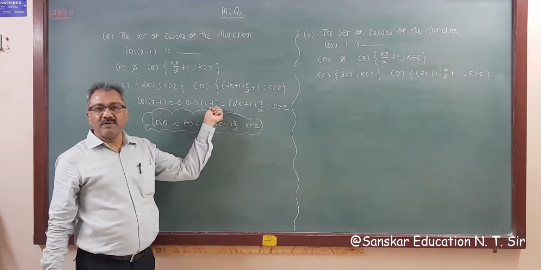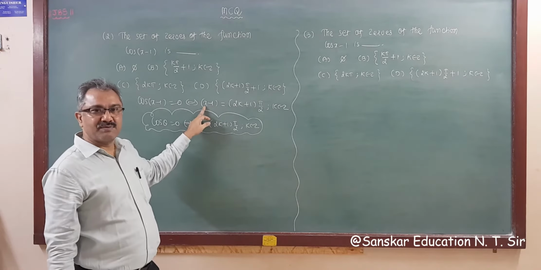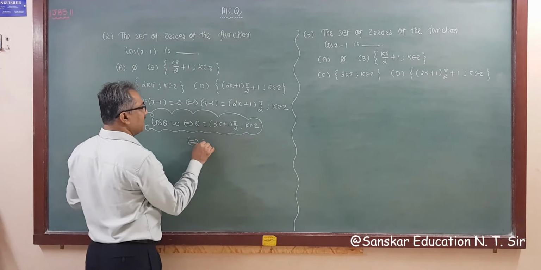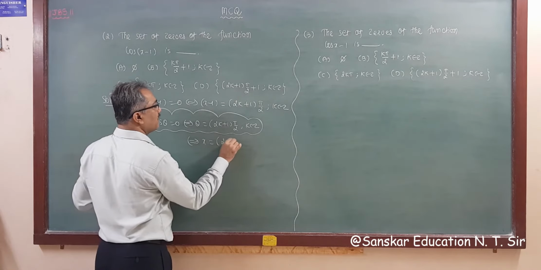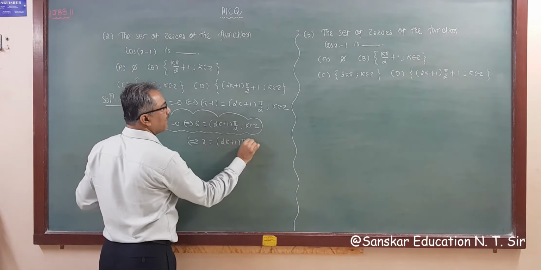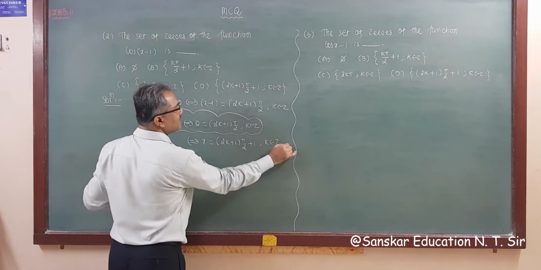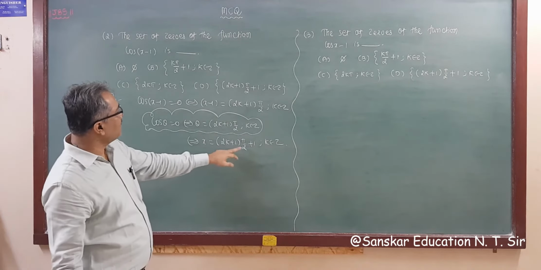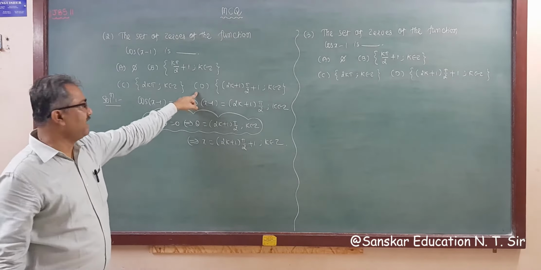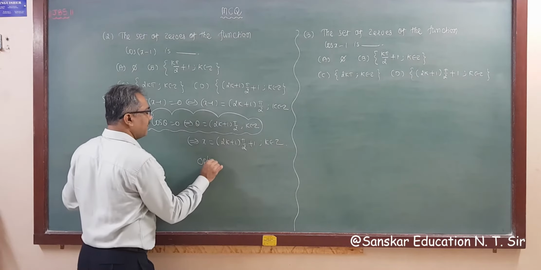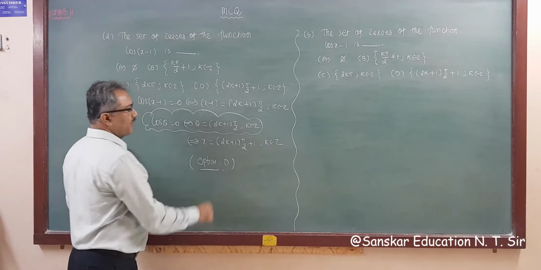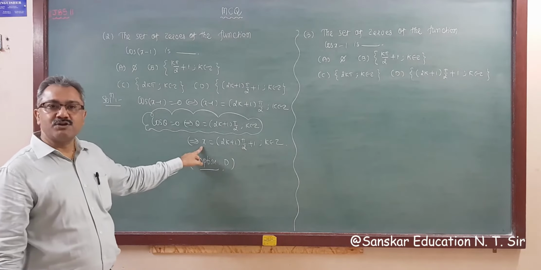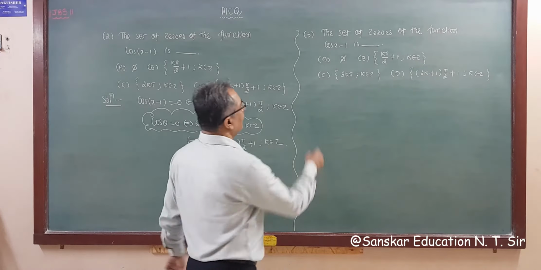Now our aim is to find the value of x. So making x the subject, taking minus 1 to the opposite side, minus 1 becomes plus 1. So this implies x is equal to (2k+1)π/2 plus 1, k belongs to Z, right? So this is your answer. Which one is your proper answer? (2k+1)π/2 plus 1, k belongs to Z, that is option D. So option D is your correct answer. Nothing to do, you only have to remember the concept, the set of zeros of cos, and then make the angle the subject, right? Now here the difference is here.